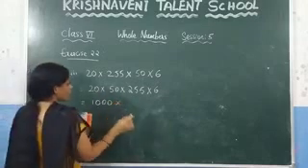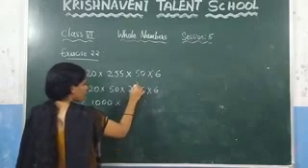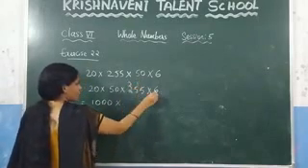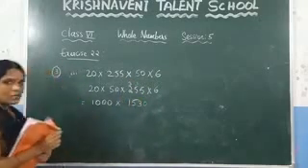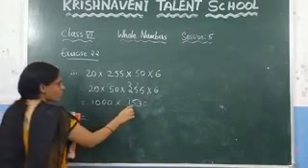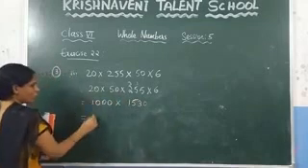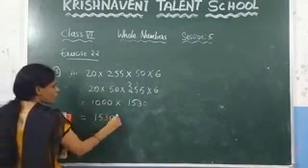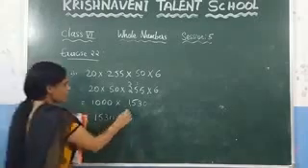Now calculate this one. What is the value of 5 into 6? 30. Plus 3, which is 33. 6 to the 12. Plus 3, which is 15. Right? And after that you need to solve this one, which is very easy. You know that 1530 into 1 is nothing but 1530. How many zeros are left out here? 3 zeros.